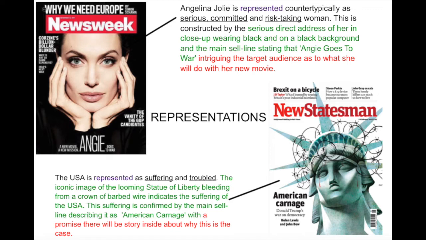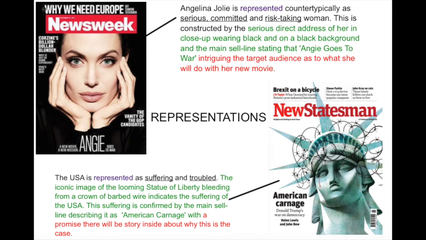So if we look at representations here, in our iconic shot of Angelina Jolie, she is represented countertypically as serious, committed, and a risk-taking woman. Alright, so we've gone in there and we've taken the values and type about the group. So when we're talking about representations, we look at how is a person represented, how is a social group represented, how is an event represented or a place represented.